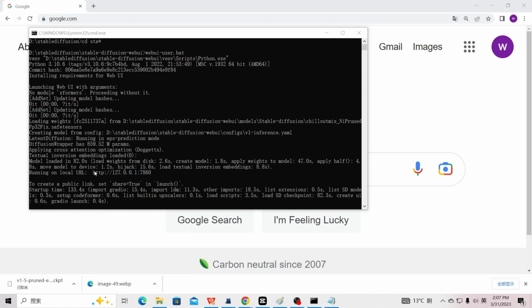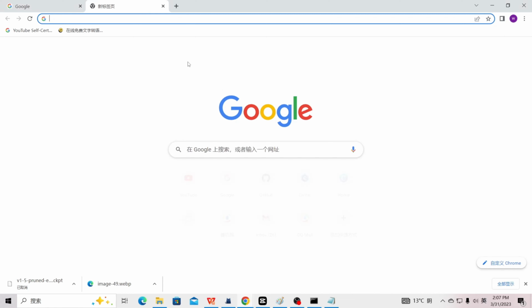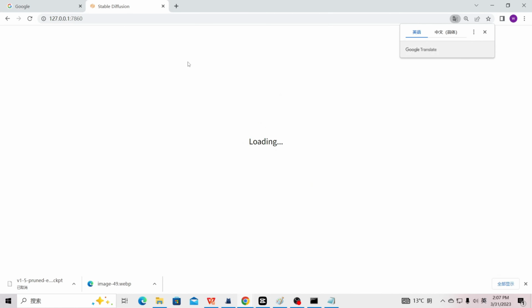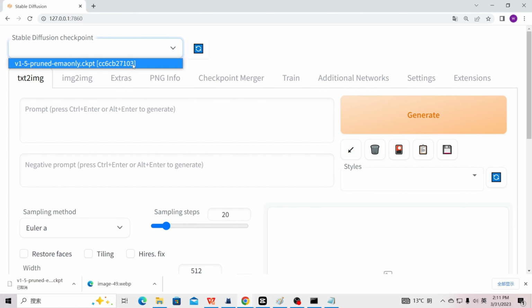Select this URL, http://127.0.0.1:7860/, press enter, and enter the copied URL http://127.0.0.1:7860/ into the browser.